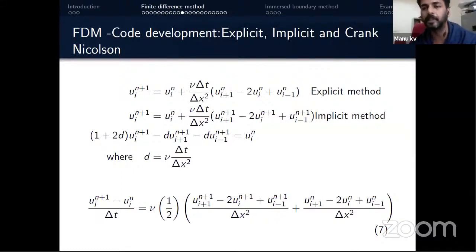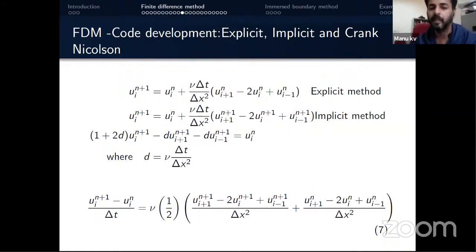We can speed up the computational time, and also we can take a high value of delta t. And there are some more, let's say more accurate schemes. If you take a look at this one, this is a delta t accurate scheme.